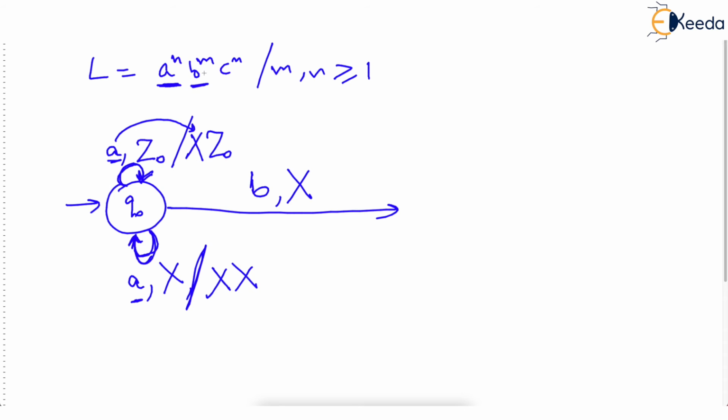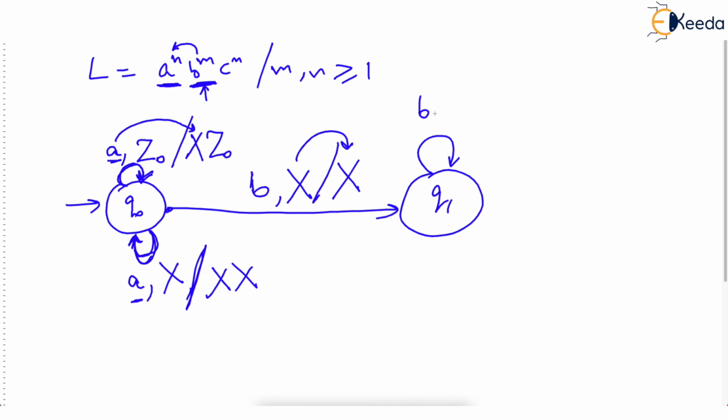Come on, you cannot have B without A. So by the time you reach this B, you must have saved some X on the stack. So you should have Q0 reading B and top should be X, and you will take no action. Just check X is kept as X. You neither push nor pop. Now you are into Q1 state, a new state where you will say Q1, you better take care of B. And any B you encounter, any further B, the top has to be X and you will make no change to the stack.